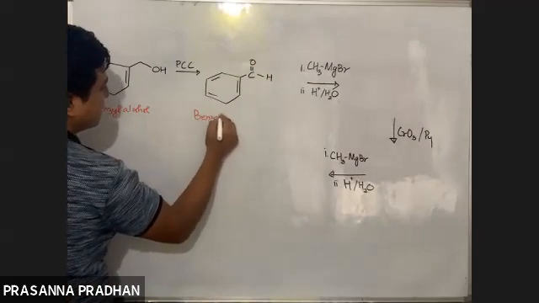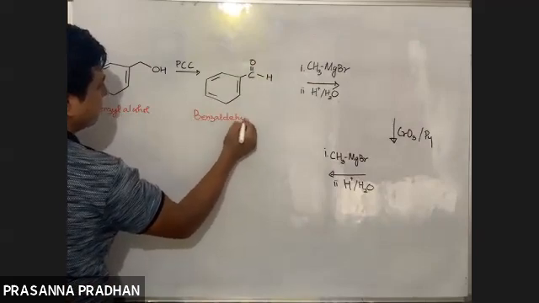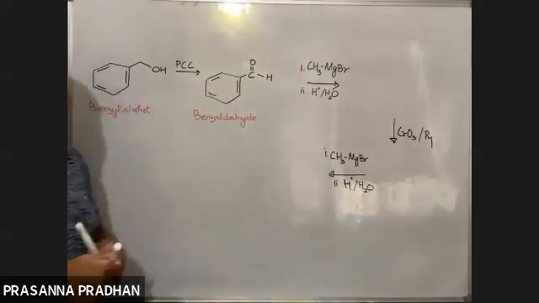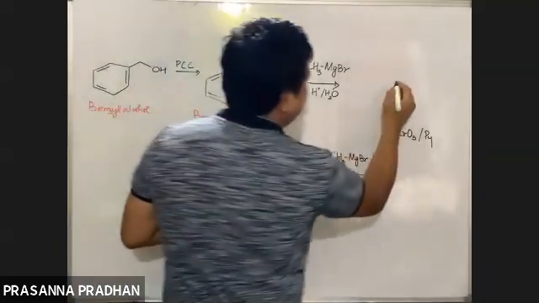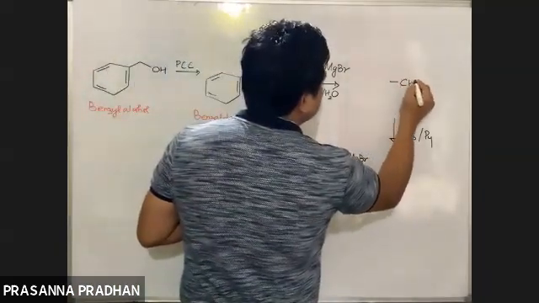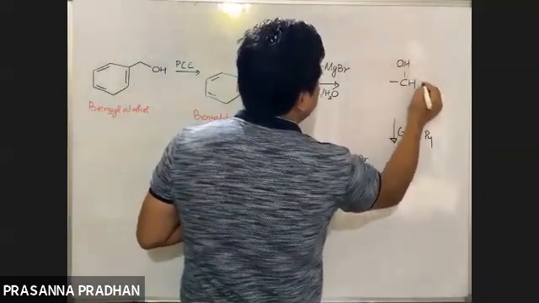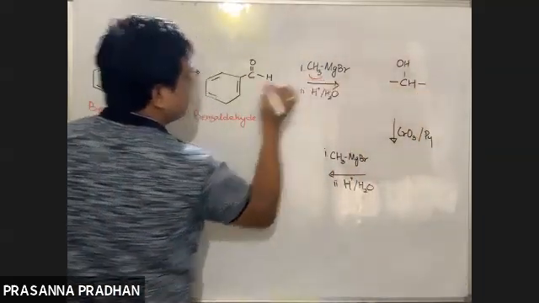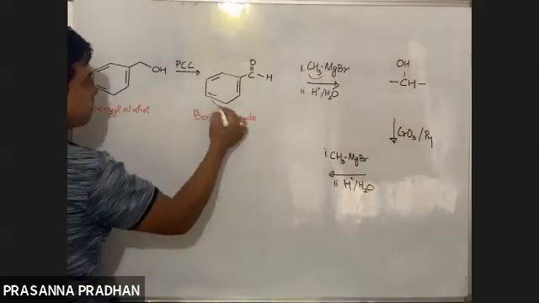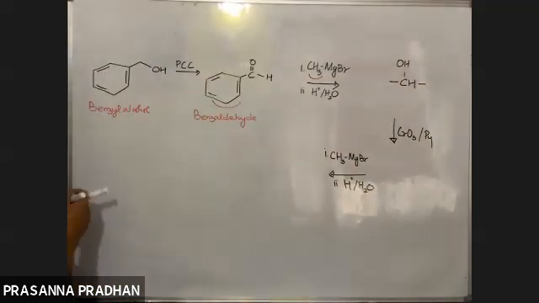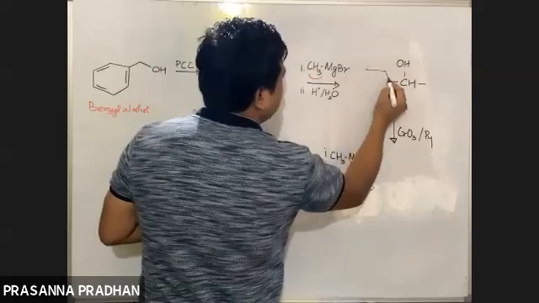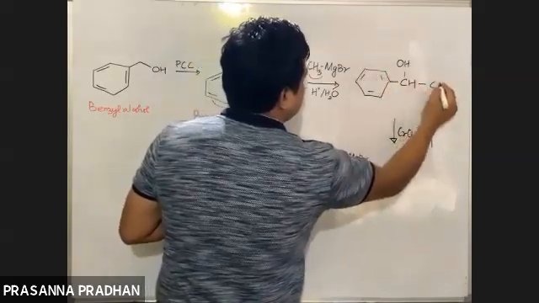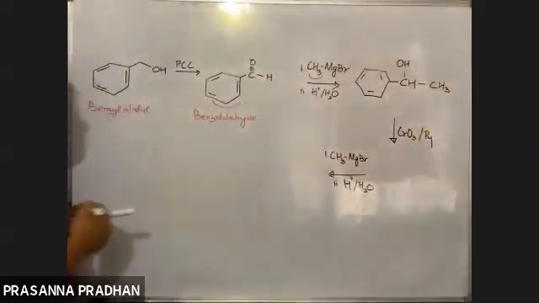This is known as benzaldehyde. Now, any aldehyde treated with a Grignard reagent, yes, again we get a 2 degree alcohol. For the 2 degree alcohol, I'll write CHOH. Now there are 2 R groups. One R group comes from the Grignard reagent, CH3. The other R group comes from the aldehyde, the phenyl group. So I'll get this compound. These are the 2 R groups, a 2 degree alcohol.